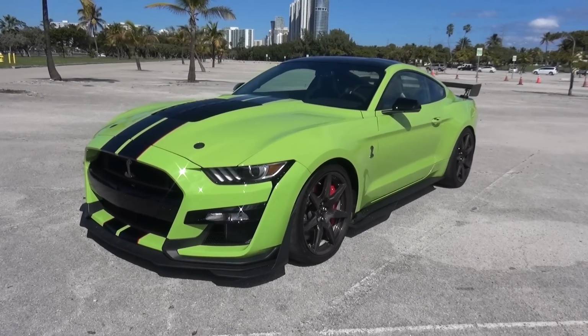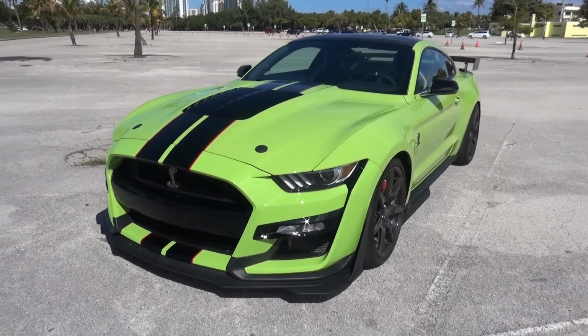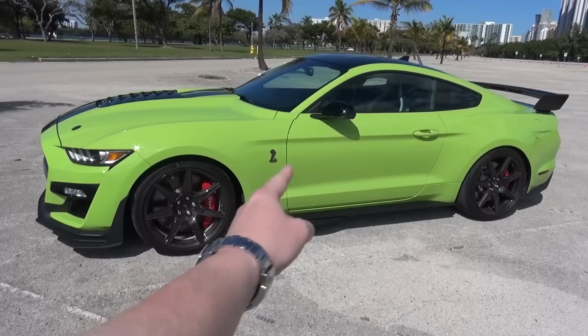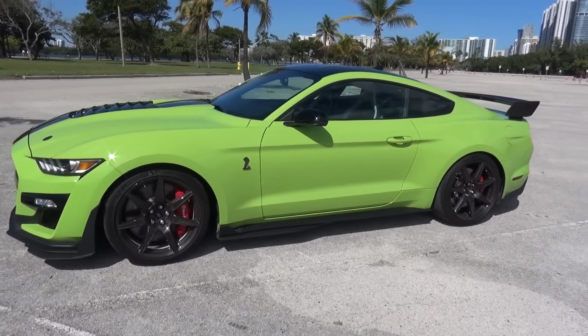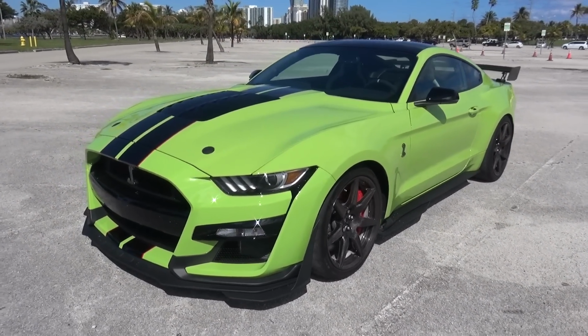If I can say so myself, this car is looking sharp in the sunshine. The colour suits it very well, especially with the iconic racing stripes and having the full carbon fibre track package, which gives you the carbon fibre wheels, the fixed carbon wing, and takes out the rear seats, gives you the rear seat delete also. But I've had a lot of fun with it already, built up some pretty amazing memories,